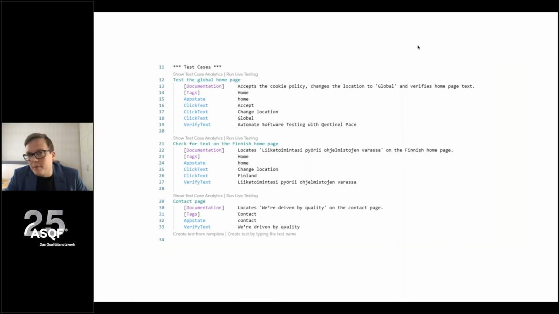And that's also, I think, the idea of scriptless: that it's easy to understand by non-technical people who haven't spent years looking into all of these different scripting languages, because you have really concise and clear keywords on what's going on. You want to set the app into some state. This is of course difficult with websites, but here it's actually quite easy. You just point at the URL, click the text accept, change location, click text global, and verify just in case the base text is found there. Nowhere on this page are we referencing what technology we are using to identify these identifiers on the web page. And I think that's also what's happening with AI and all of this.